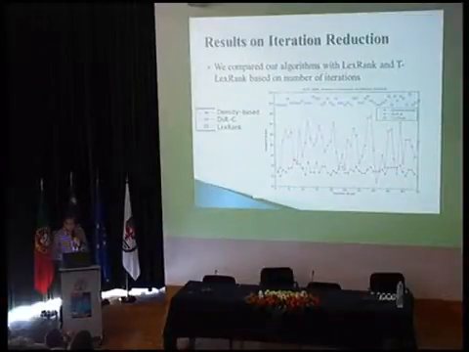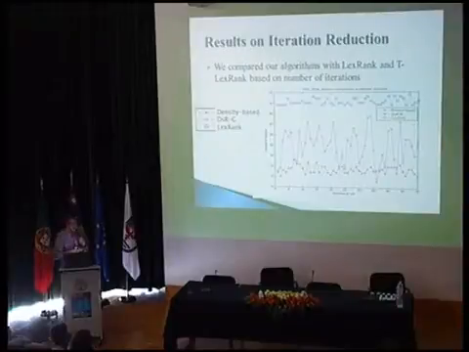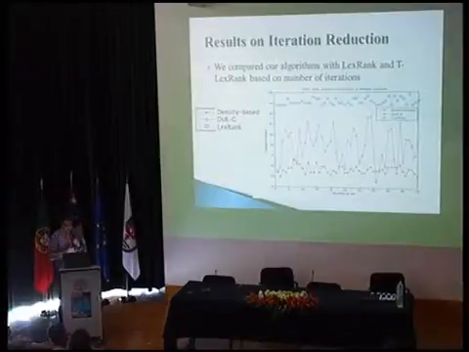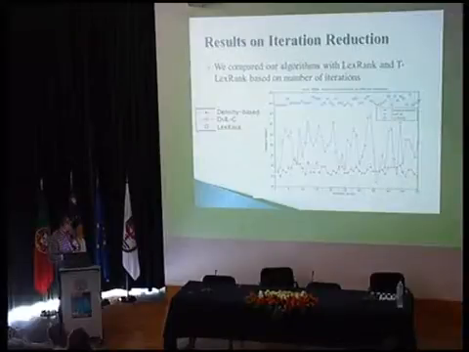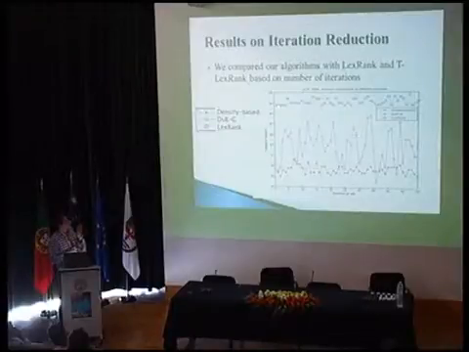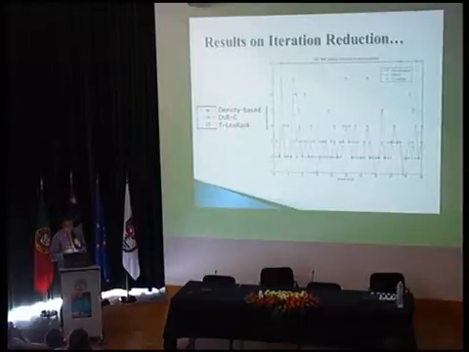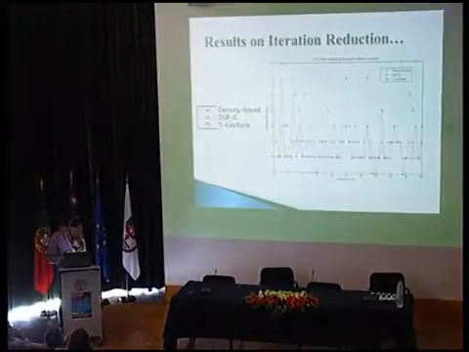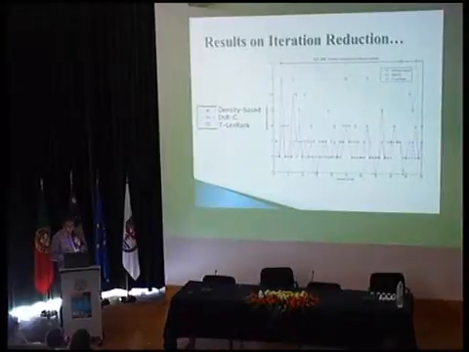And this graph shows that our algorithm for generic summarization needs fewer iterations than the others. For example, here we get about 20 iterations, and the others need 30 or 50 iterations to converge. And for query-based summarization it is like this. We need fewer iterations than the two other algorithms.